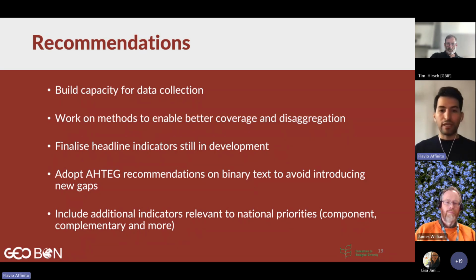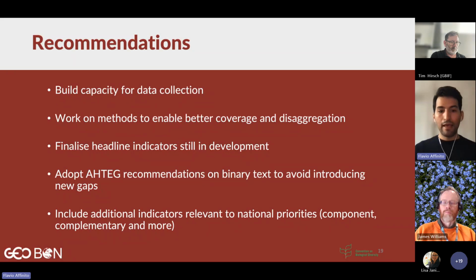Another low-hanging fruit that could be worked on is to develop the methods of these indicators to improve coverage through disaggregation or simply testing. If we put in the time and resources to finish developing these methods beyond the conclusion of the ARTEG's work, then we would be able to improve the monitoring framework in some very specific highlighted sections. There's also a need to finalize those headline indicators that are still in development. This is tied with data collection and methods work, but specifically those two headlines would fill the gap for two